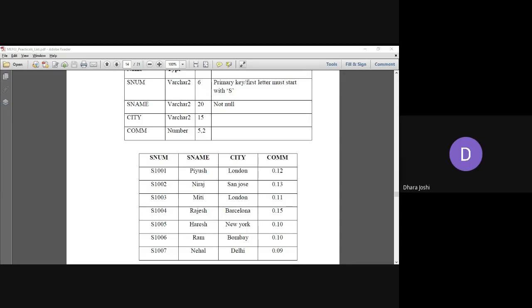Okay, I have the response of some students who have inserted the records into the relation, and I'm waiting for some time so the rest of the students can complete it, and then we move further to the next table. Vaibhav has also inserted. Very good. Waiting for a few more students and we'll go for the next relation.